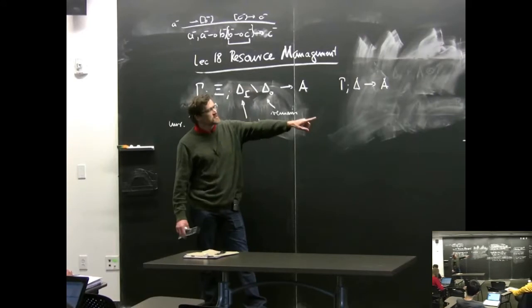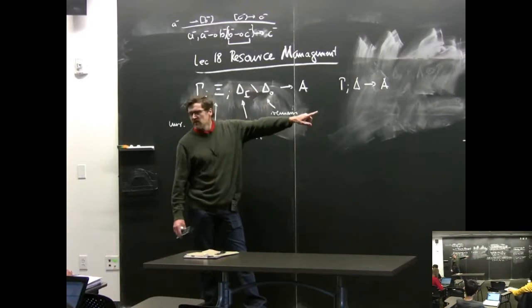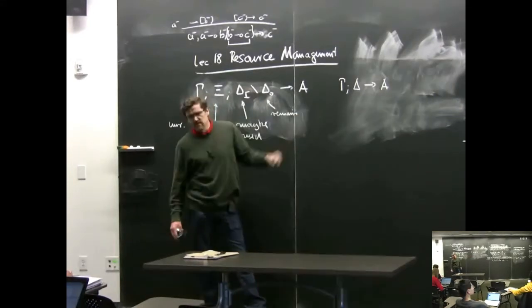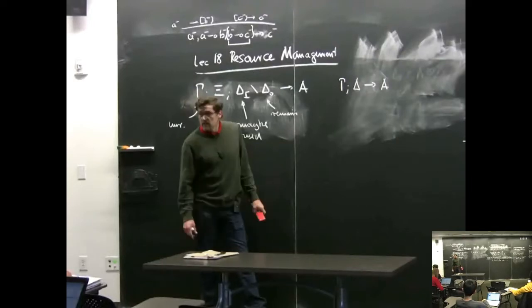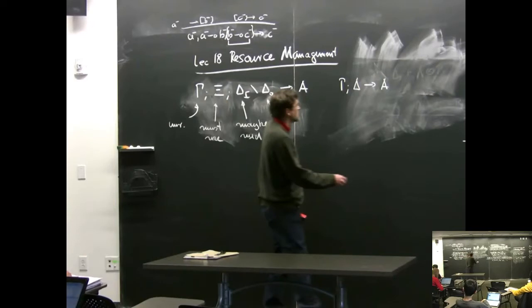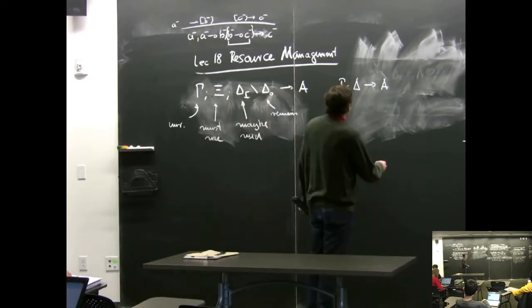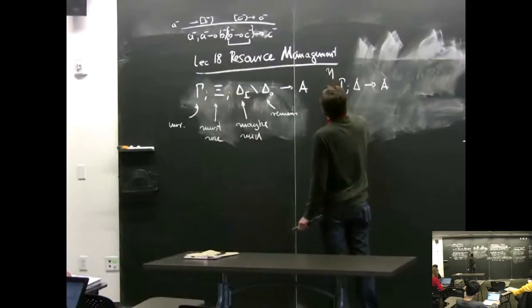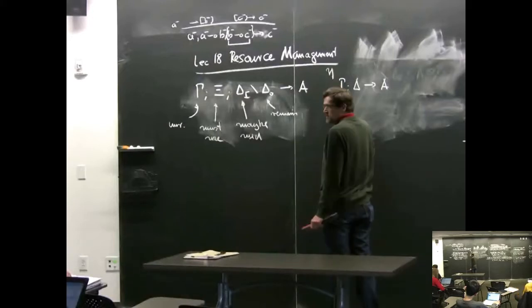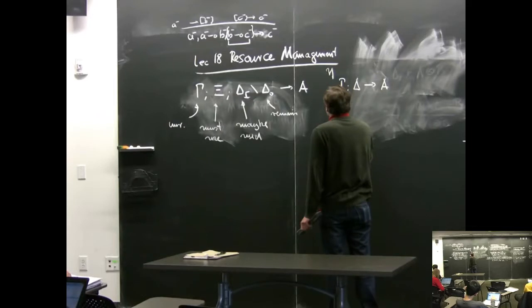Well, or it should be, whichever one you want to do first, I don't care. Gamma goes to gamma on the left, and delta on the right goes to psi on the left. And we want to prove: if this, then gamma semicolon delta